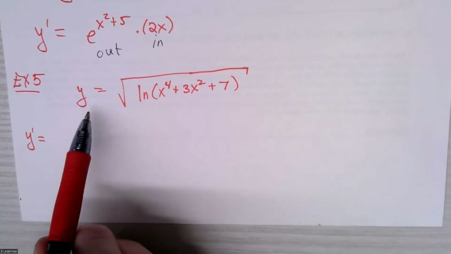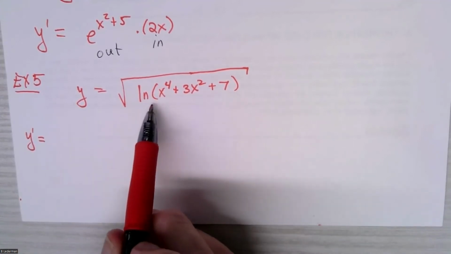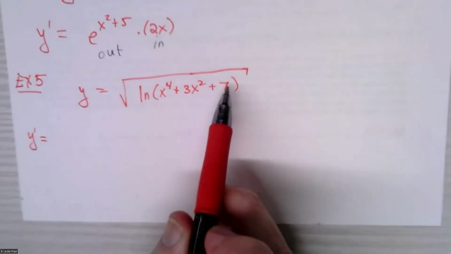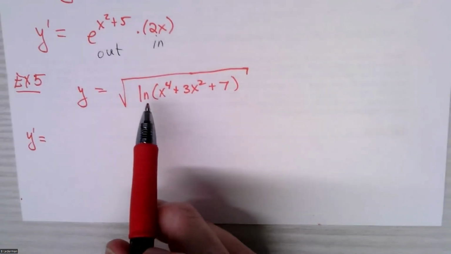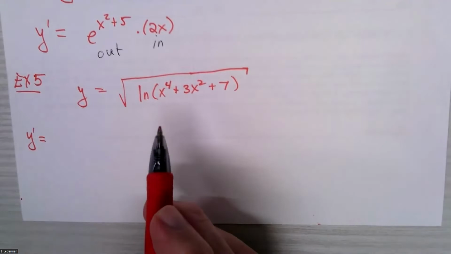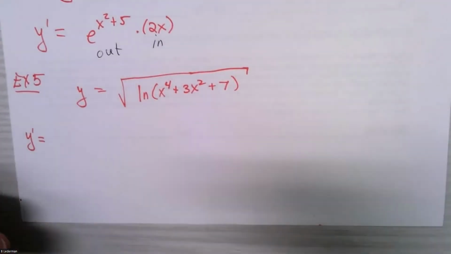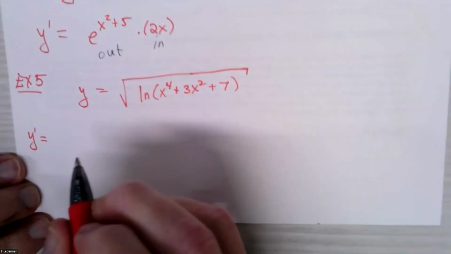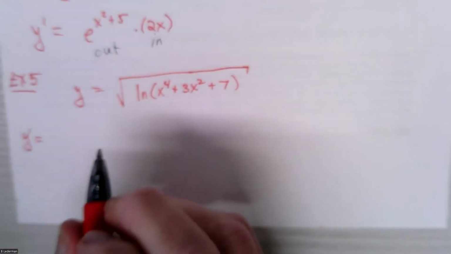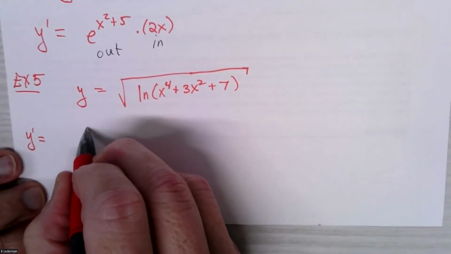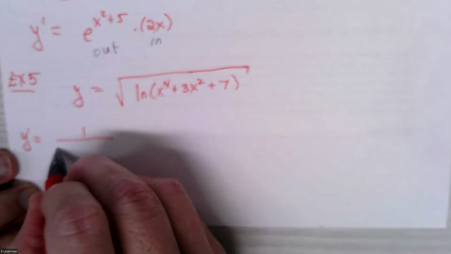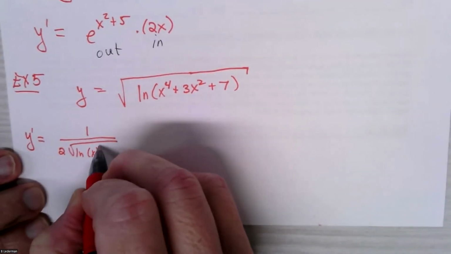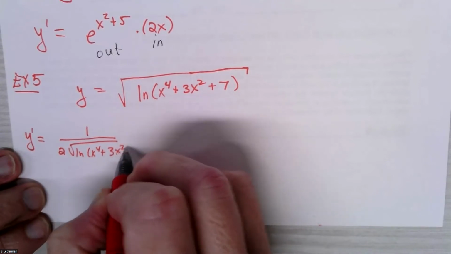Here's a nice problem. y is equal to the square root of the ln of x to the fourth plus 3x squared plus 7. Well, this looks very hideous and horrible with logarithms and big radical signs, but really it's not. With chain rule it's just going to be very straightforward. So the outer function is the square root, and we know that the derivative of the square root is 1/2 square root. So first I'm going to do 1/2 times the square root of ln x to the fourth plus 3x squared plus 7